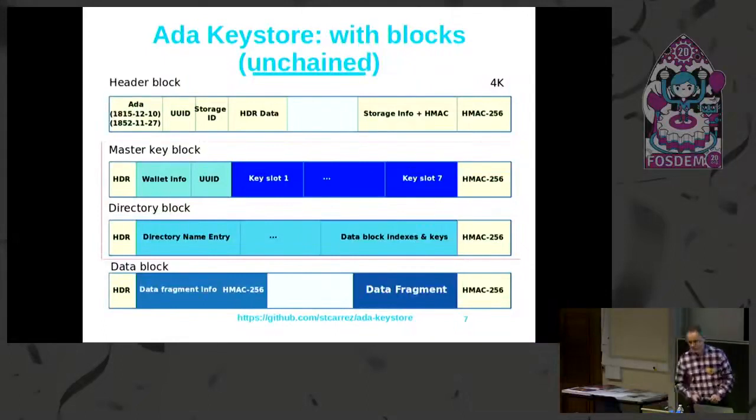Would it be possible to also use a separate storage pool for this data? The question is, is it possible to use a separate storage pool? Yes, this is a good question. In fact, the AKT tool allows you to create a key store by splitting these files and having the data blocks stored in several files. I'm sorry, I have to go. So yes, you can do it.